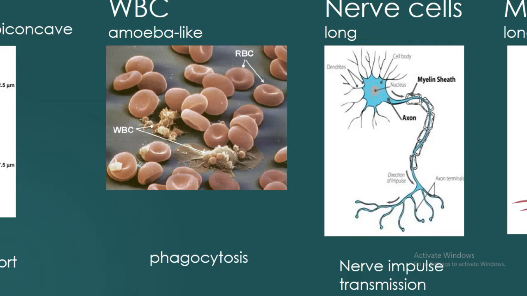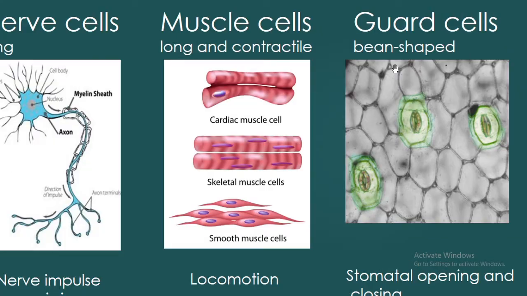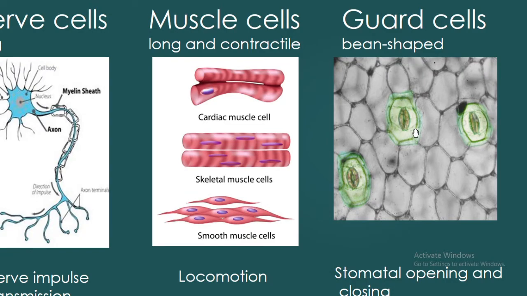And in the leaves we have the guard cells. Their function is to help the water evaporation that takes place, which is called transpiration. So this will open, for example here you can see this one is a bit open, whereas this one is a bit closed. They are bean shaped structures. So in this way there is a lot of diversity. Okay, cells are of different shapes. These are a few common shapes that you should be aware of. Okay, those were discussed.